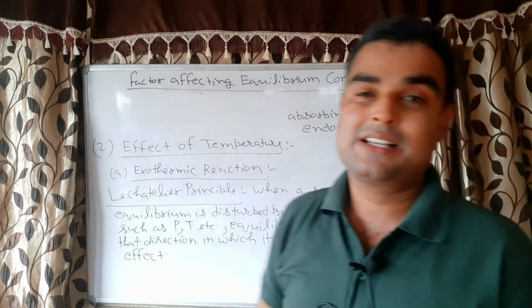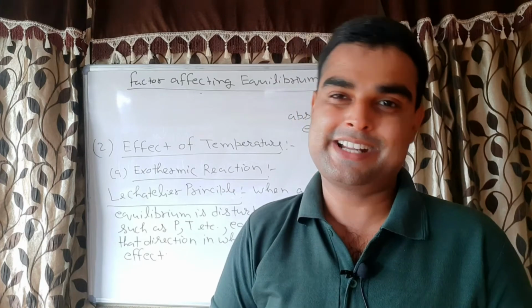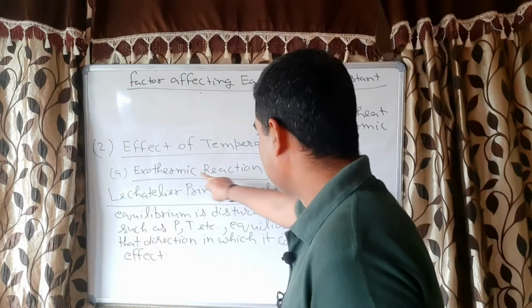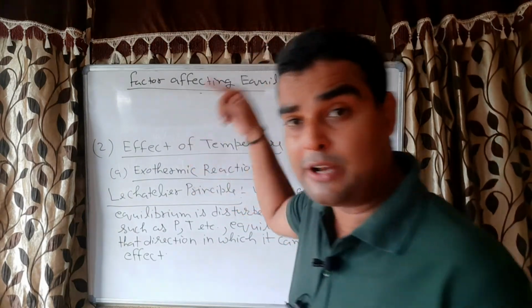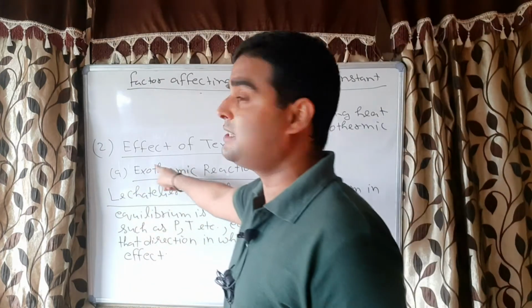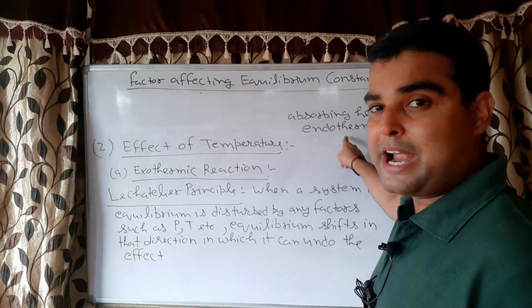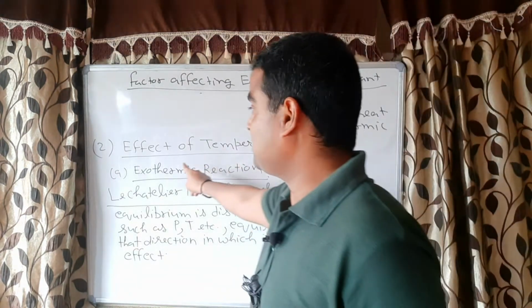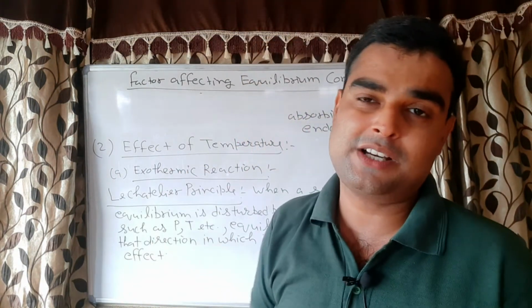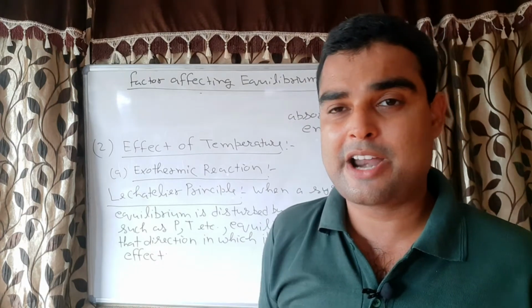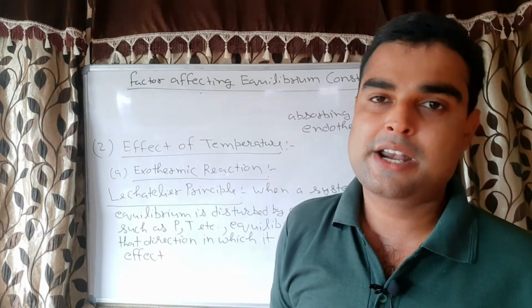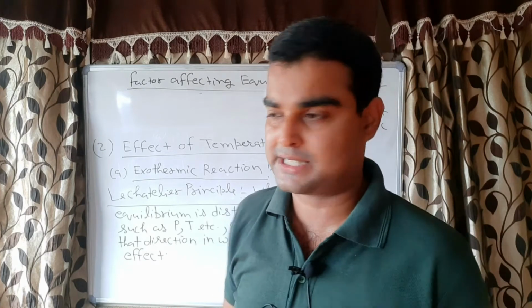But this is exothermic reaction, and as per the Le Chatelier principle, the system will become endothermic, correct? It means the rate of the reaction will decrease, because exothermic reaction means reaction will proceed only when heat is evolving, but here the system will become endothermic. So it is opposite to the nature of the reaction. It means the rate of the reaction will decrease. Now come to the endothermic reaction.